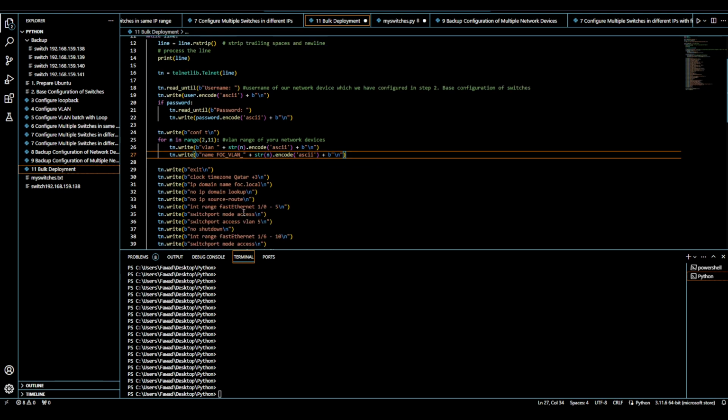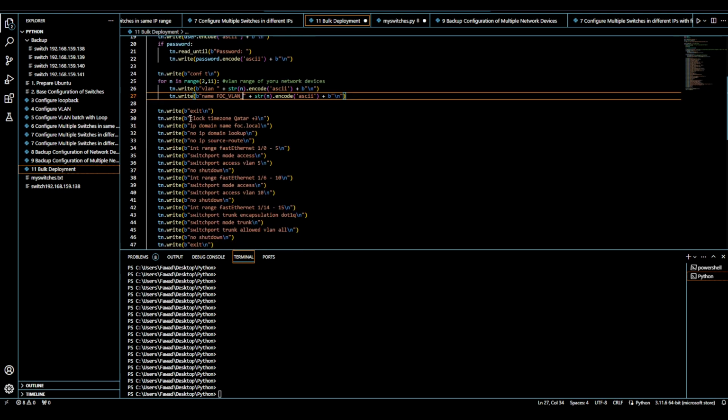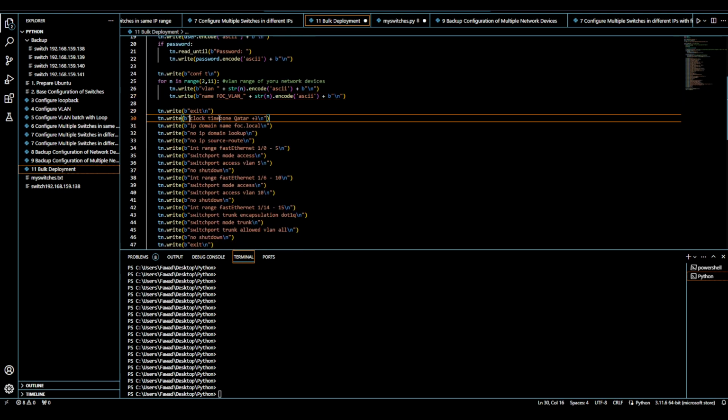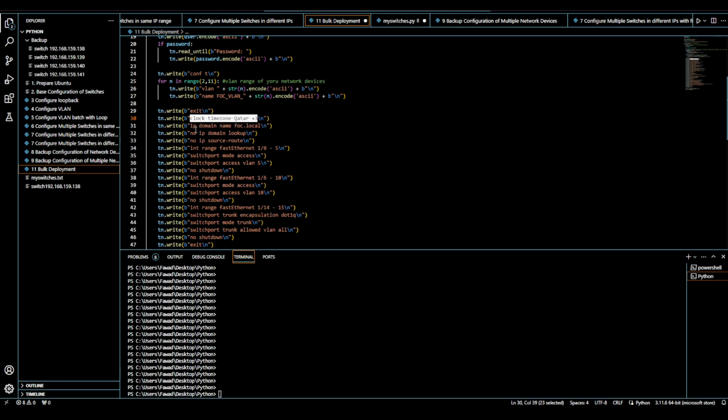Then what we are going to do is we are going to configure time zone, IP domain, no IP domain lookup, no IP source route, interface range, fast Ethernet